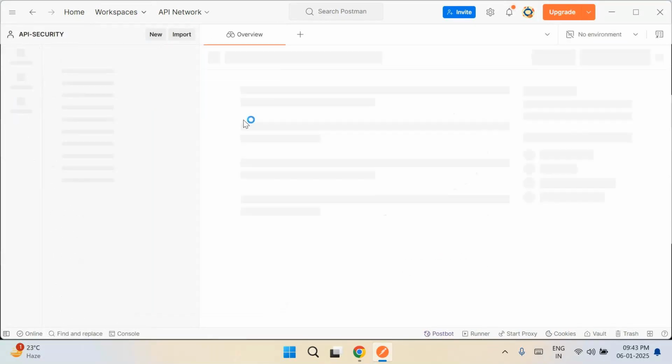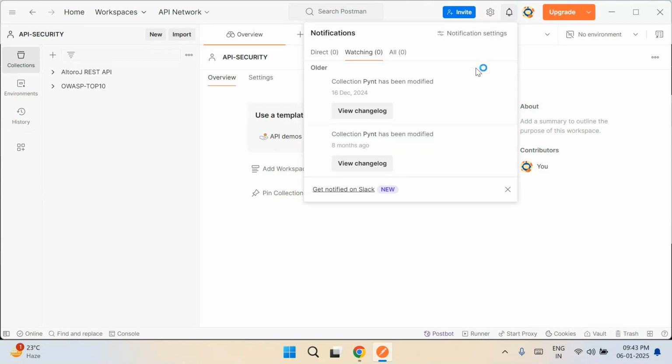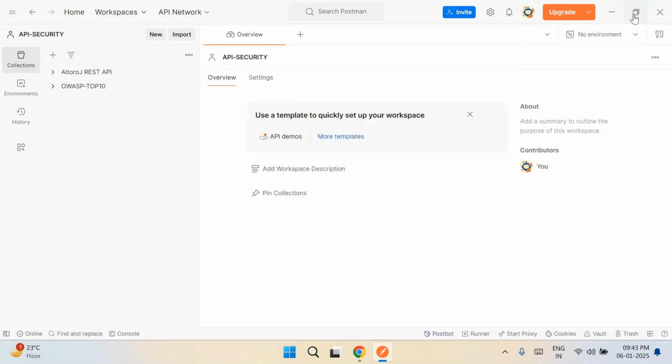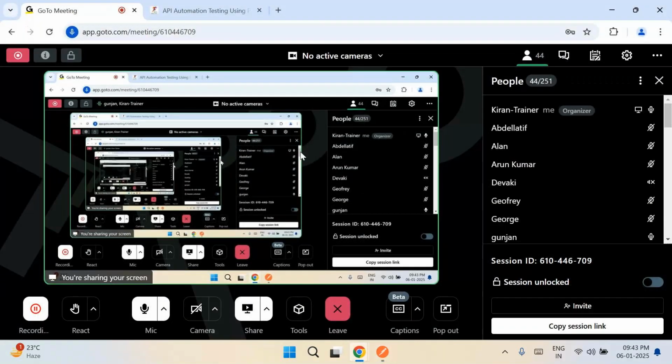We can also do REST API in other IDEs, like Eclipse and IntelliJ. So, are you not teaching that? No, that is REST Assured. That is another tool. If you are looking for the REST Assured tool, then it will be in Eclipse. This is Postman tool based API automation.